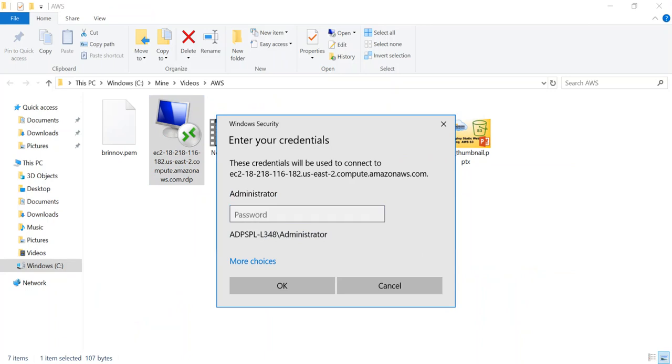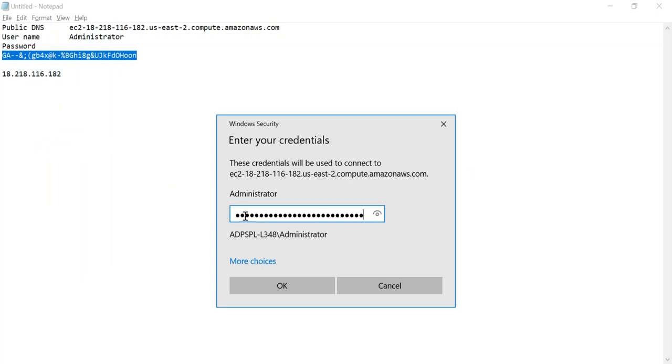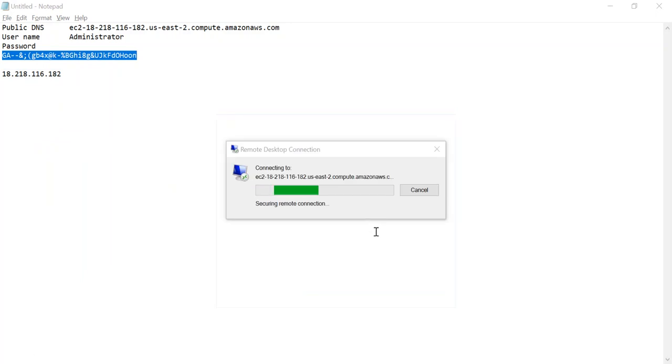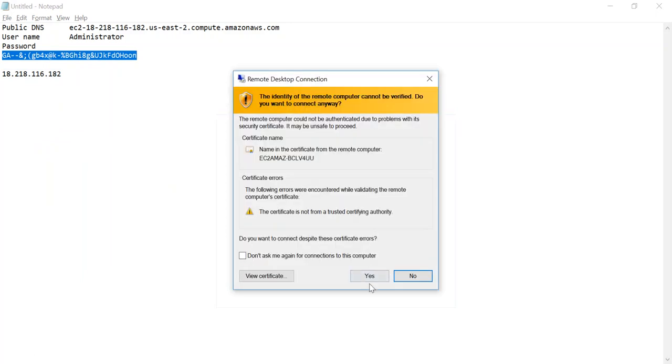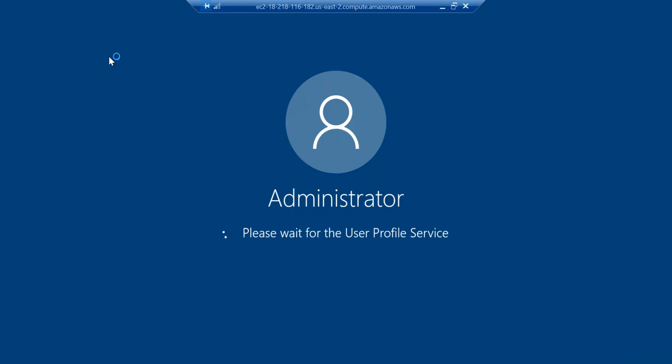It will ask for password. I just need to enter my password. This is an AWS generated password, so it has very lengthy characters. So after you log on to your EC2 instance, you can change your password at any time.